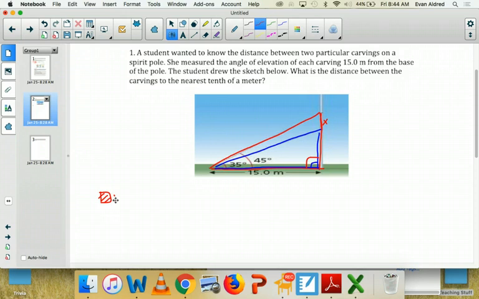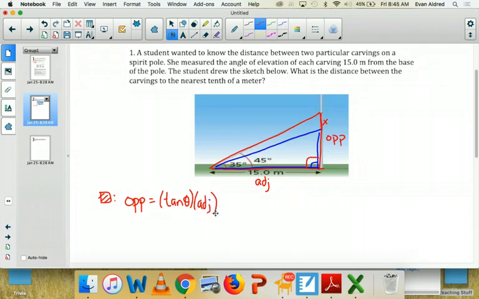And let's start with the red triangle. The red triangle has an angle of elevation of 45 degrees, and it has a base of 15 meters. Well, this base is adjacent to the angle, and we want to know its height, which is opposite. It's opposite to the angle. It's clear across the triangle. So we're going to use the tangent ratio, where we're solving for opposite. And if we look up at our magic triangles, or we know how to manipulate the equation, and we've done this enough that we should be fine with either of those means of getting to the formula, we know that opposite is equal to tan theta